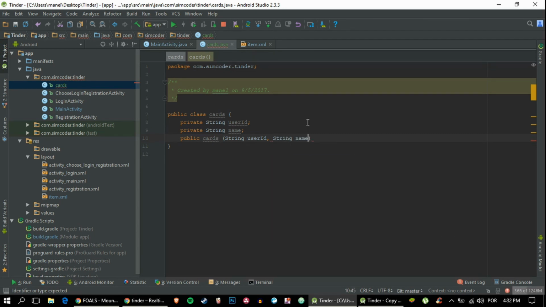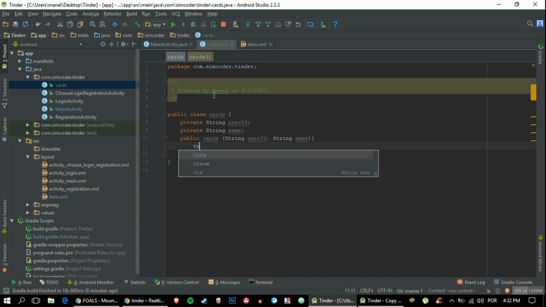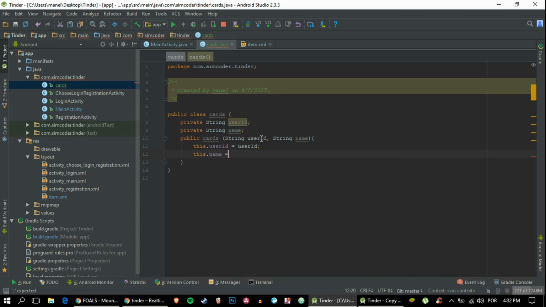And the string name. This is the function that we'll use in order to populate that specific element of the array. Okay, so now say this user ID, because we are changing this user ID, equals to user ID, and this user ID is equal to that one. Now do the same for the name, equals to name,